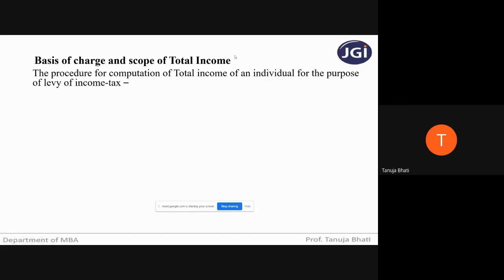So what are the steps which will help us to determine the total income of an individual? Tomorrow, if any SSC comes to me and asks what payment of tax he has to make to the government, I will not directly tell him, what is your income, you tell me, and I will just put the rates applicable and you pay me so much tax. There are steps that need to be followed in order to arrive at the total income of an individual, based on which we will be charging the tax on his total income. So let us see what are the steps.